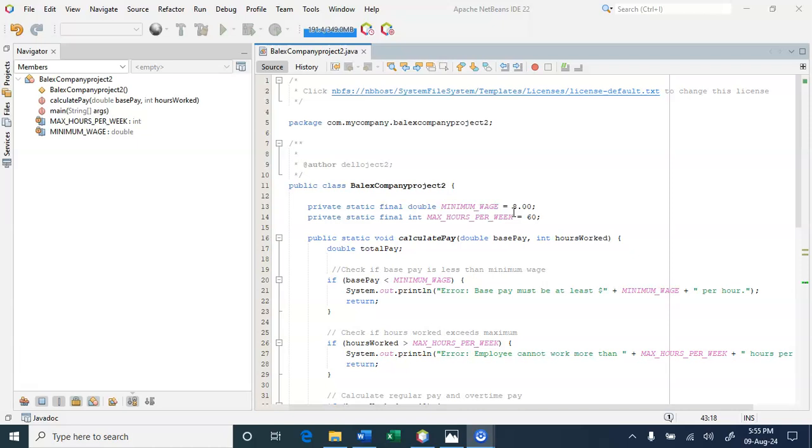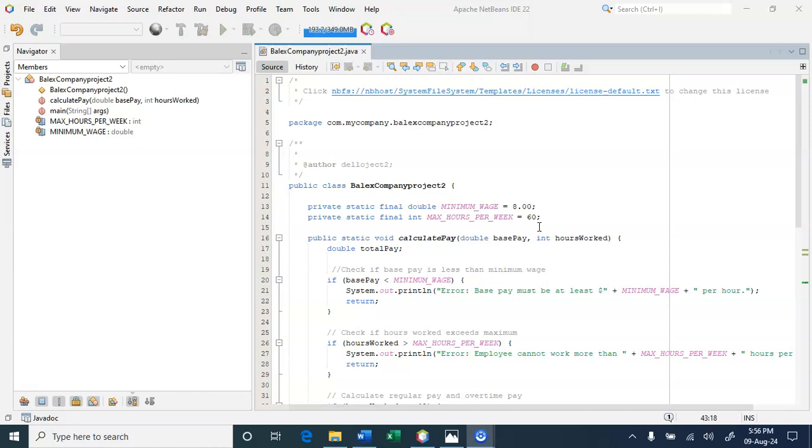Then we also declare another constant of maximum hours per week, a constant set to 60, representing the maximum number of hours an employee is allowed to work per week. So here we declare the maximum hours an employee is expected to work per week.